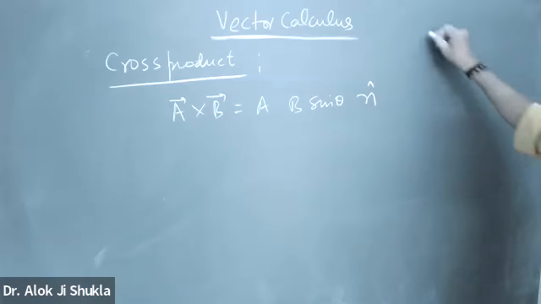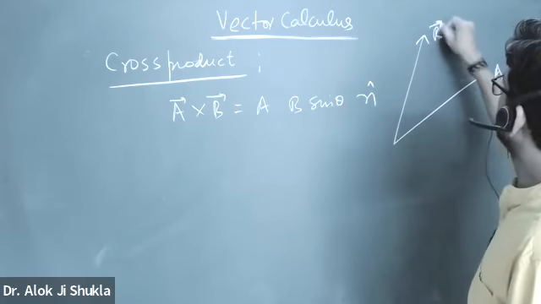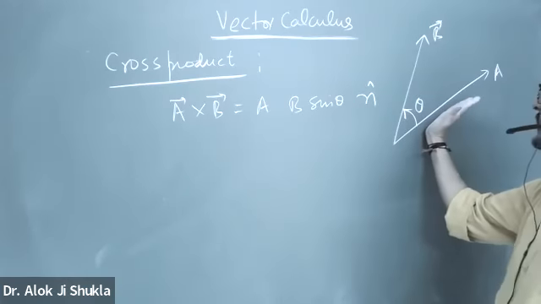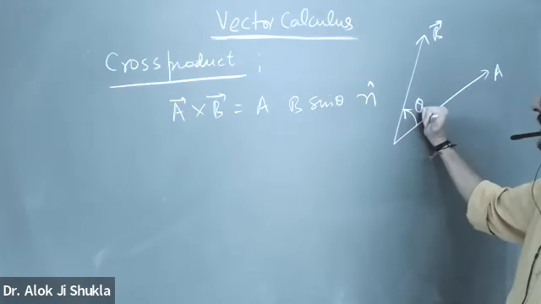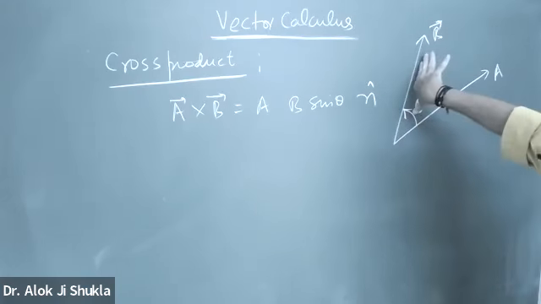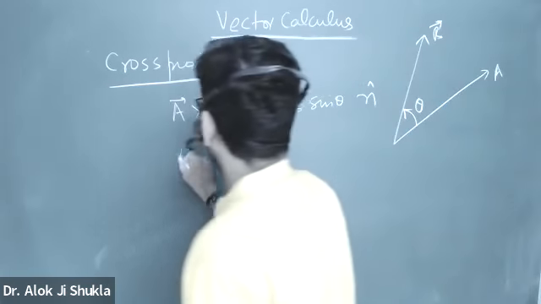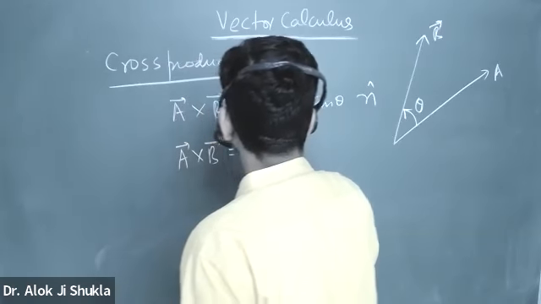And please, everybody will know this, that to know the direction of A cross B, see this, stretch your finger towards A and close it towards B. This is the direction of A cross B. And B cross A, stretch the finger towards B and close it towards A. So that is B cross A. So that's why you have seen that A cross B is equal to